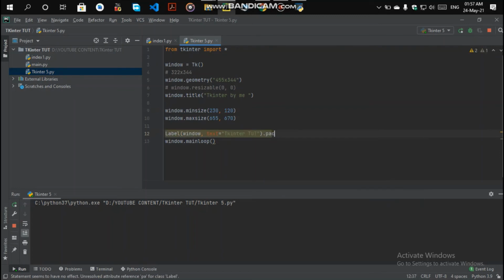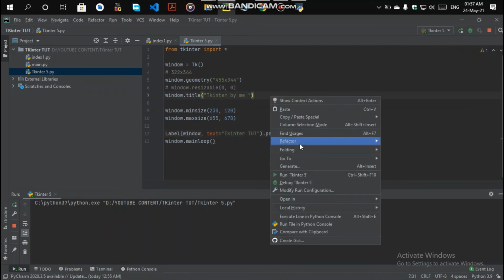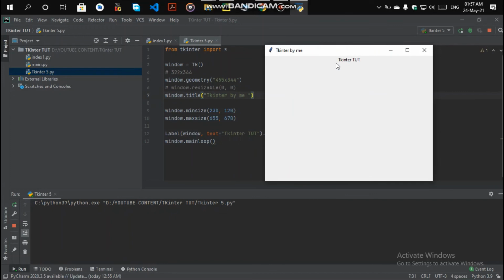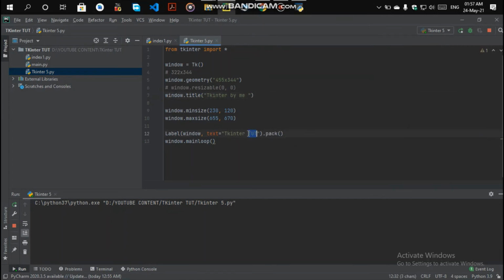So we will pack it and run the Python file again, and look at this, you get the text in the window, whatever values you have given in the text option, and you can change it to whatever value you want, like intro hello world.